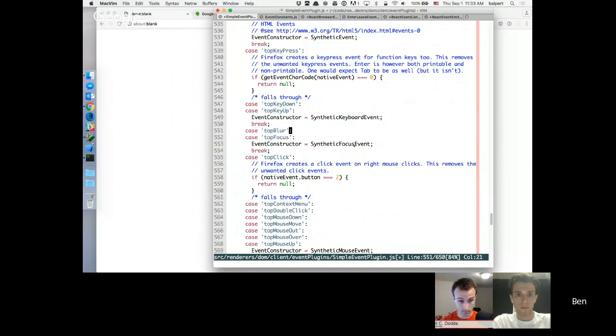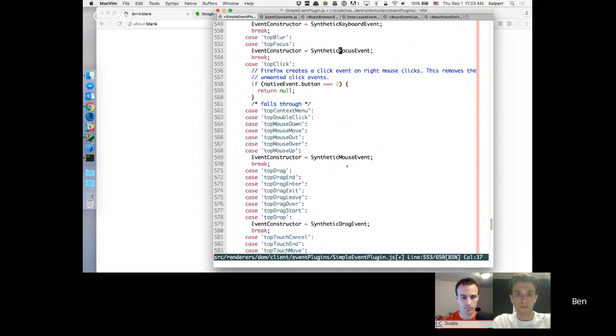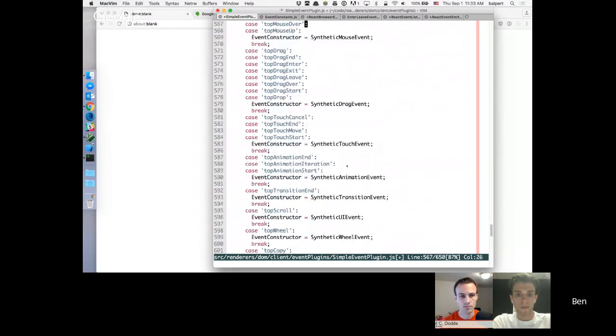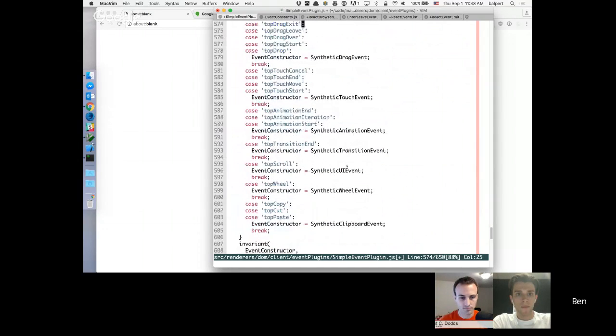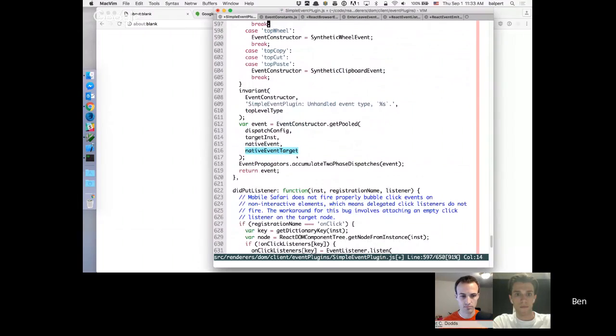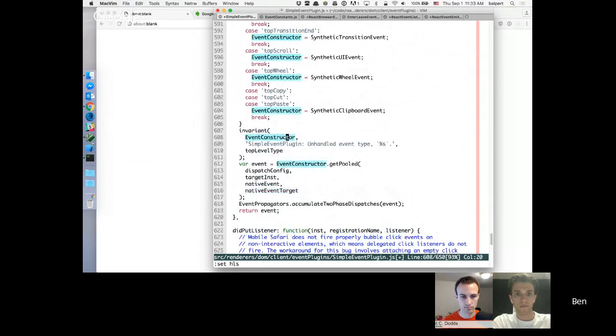Similarly, for blur and focus, we make a synthetic focus event. For these mouse events, you'll get a synthetic mouse event, and we have drag events, touch events, and a bunch of different kinds of events. And so we figure out which event type we want to make, and then we create the event. And so this get pooled method is basically the same as just doing a new event constructor here,